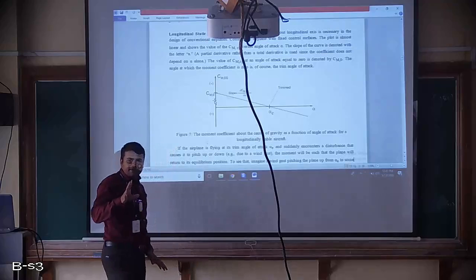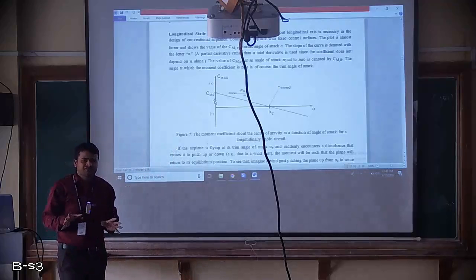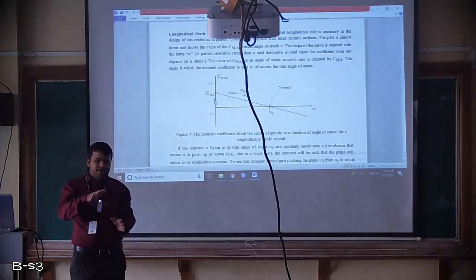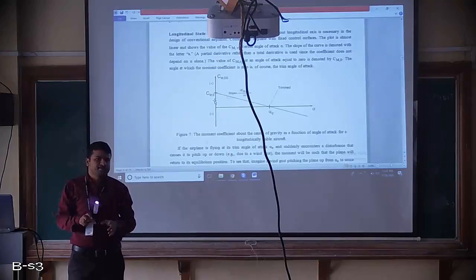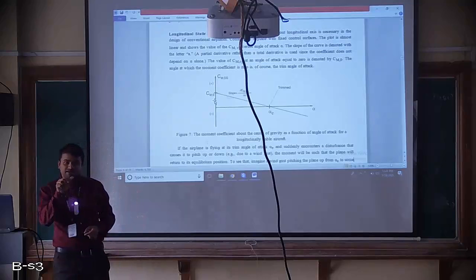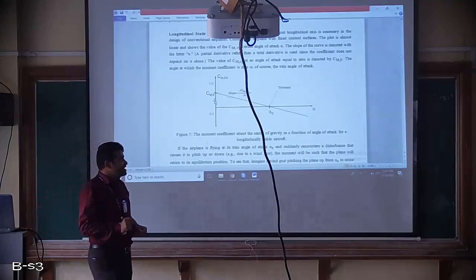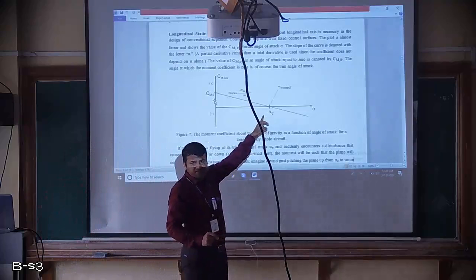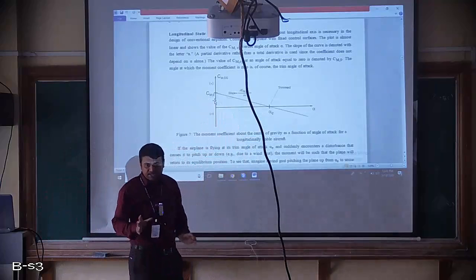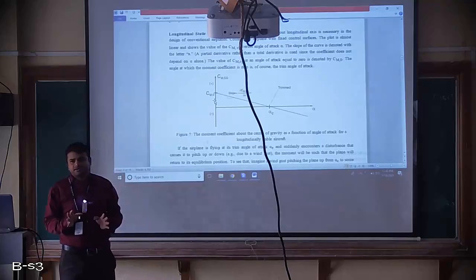Aircraft are basically designed to generate lift, even though it is grounded. Even when grounded, it will generate a certain amount of lift because the wings are designed in an aerodynamic shape. So that is the reason they trim it and fix one angle of attack. At that time, your moment coefficient will be 0. That means there is no moment, but there is a slight angle of attack.